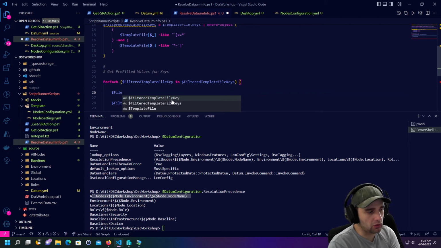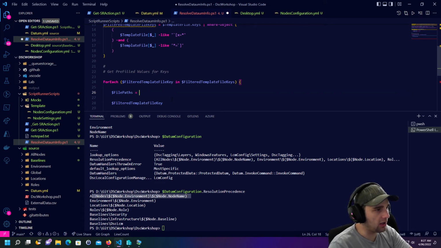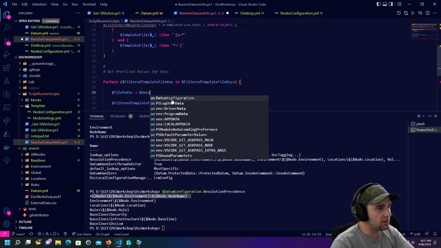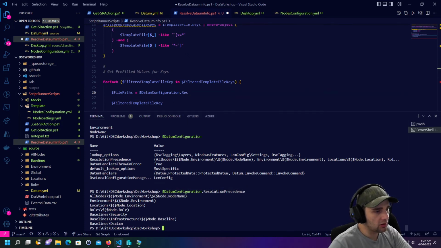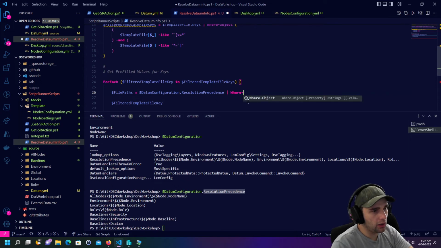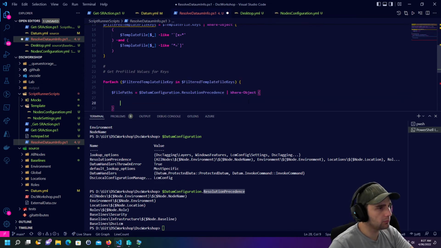Because the resolution precedence is only associated to a file, which means we can basically say file paths, and then we can say datum configuration, resolution precedence, and then we can go where, and this is where it gets funky. We can then say within the resolution precedence,